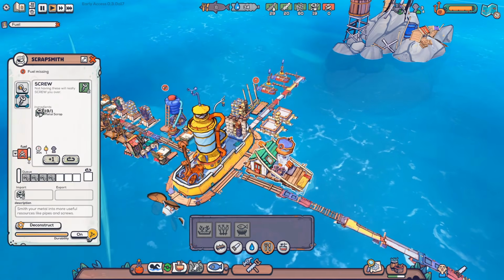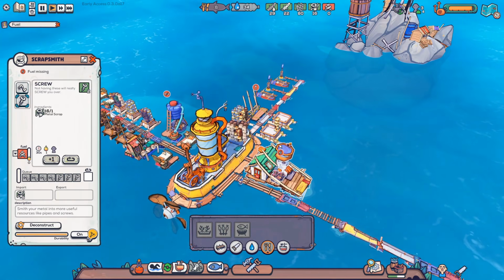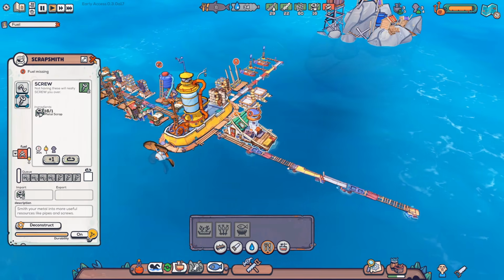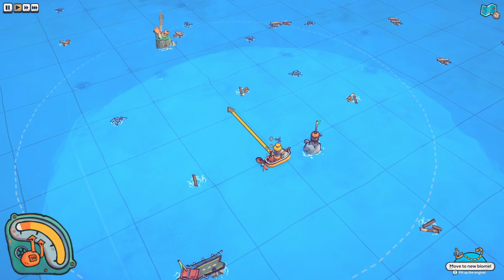We just need to make some screws, and as you saw, they were pretty cheap to do, so 3 of those crafted will be 6 screws. And then we can make at least 1 fish kebab. We're probably only gonna need 1. Okay, let's get moving then. We're gonna go...